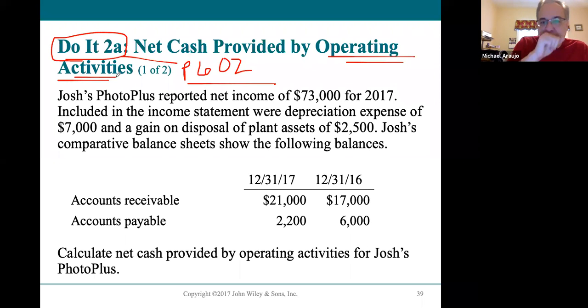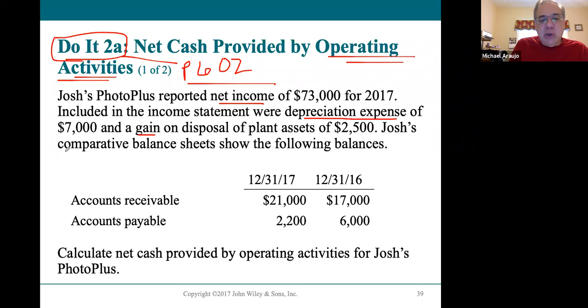We'll do that next. Here we have Josh's Photo Plus company. They had net income of $73,000 in 2017. On the income statement, there was a depreciation expense of $7,000. There was a gain of